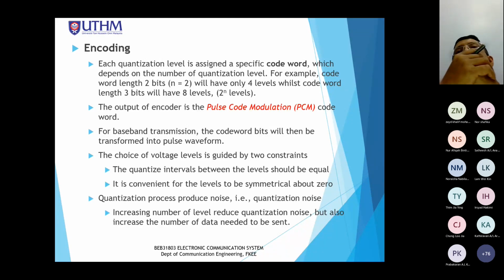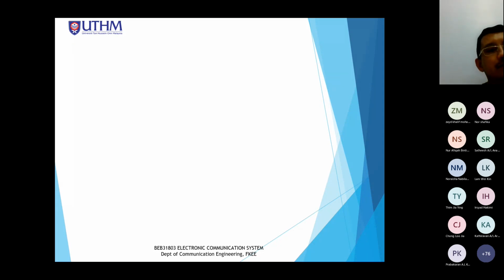Now we want to learn about the third process. The third process is assigning the quantized values with a specific code word. What we will produce at the end of the encoding process is the pulse code modulation code word, the PCM code word, which is in the form of logic 0 and logic 1. So before we proceed with the encoding topic, maybe I can summarize what we have learned during the